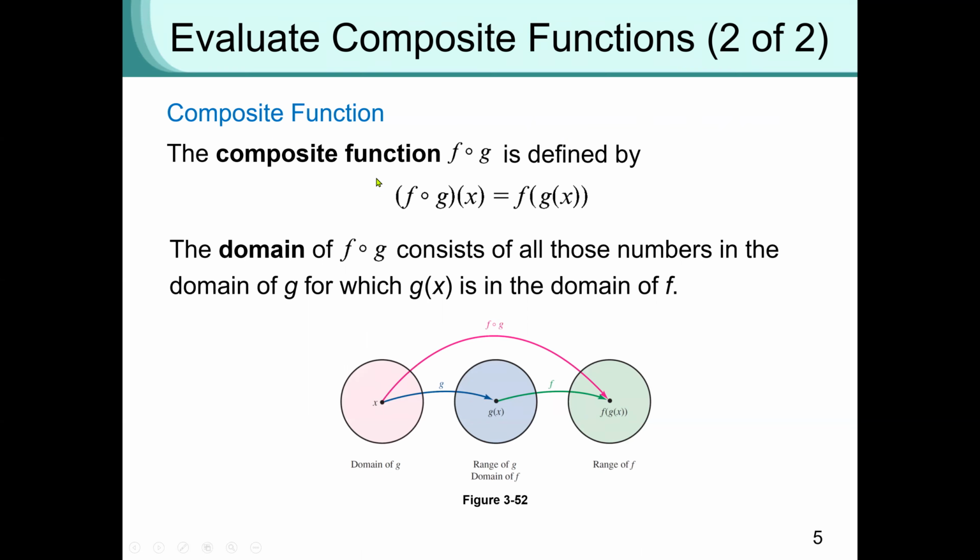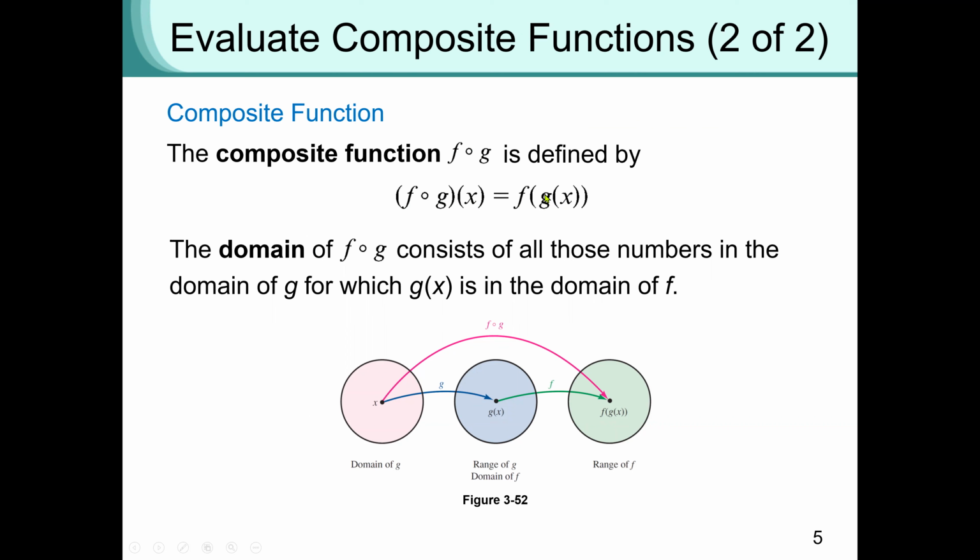So for example, we have a composite function f and g. The composite symbol is a small circle, a dot with an O. The symbol here means composite, f composite g. Now, since f comes first, g will be inside of f. So we can write f composite g at x, which means g at x is inside f. Now, if we have g composite f, then we're going to have g at f at x, which means f